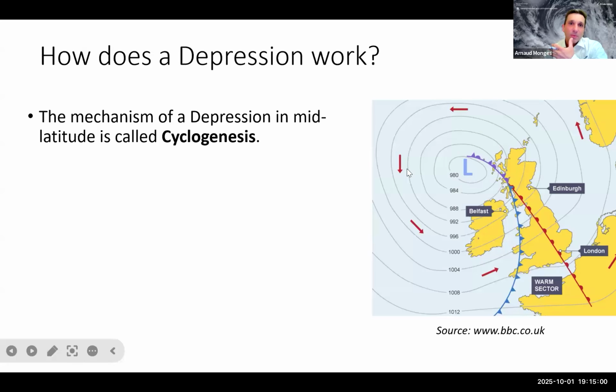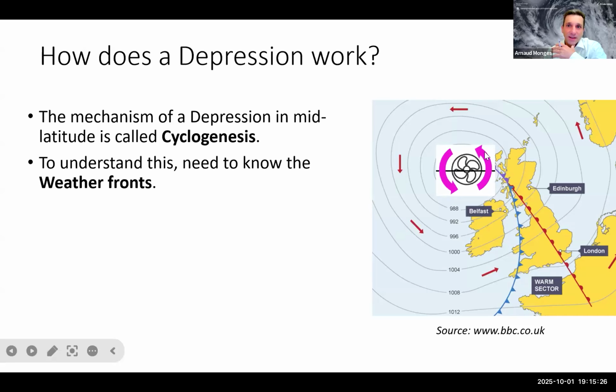The mechanism of how a depression works is called cyclogenesis. So once again, cyclogenesis is a complicated word, but really, if you have to remember something after this webinar, this big word just means a big fan, which is mixing the cold air from the pole with the warm air further south. In order to really understand this depression, we need to have a good understanding of the weather